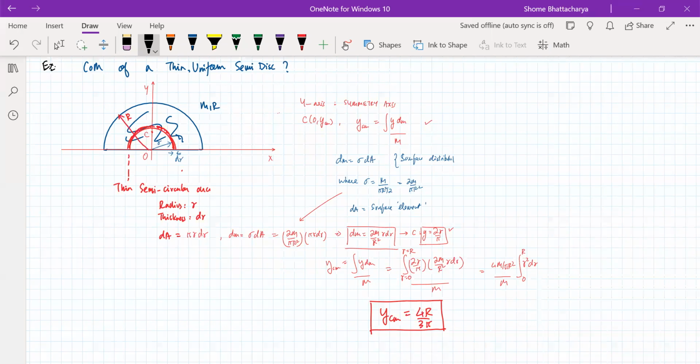Okay, so both these examples that we have done are standard formulae, which you should know the derivation of, as well as remember the formula, because it might be used directly in a question for solving something else. So for the semi-ring and semi-disk, you should remember the formula of the center of mass position. Semi-ring is 2r by pi, semi-disk is 4r by 3 pi. There will be a few formulae in this chapter that you'll have to memorize for position of center of mass.